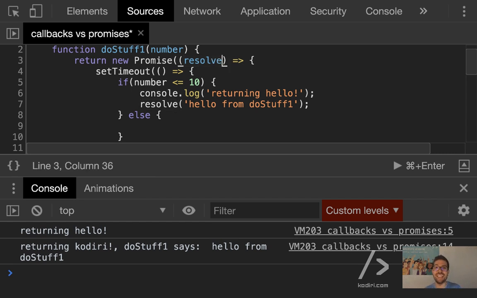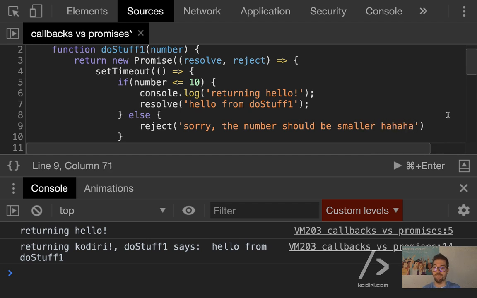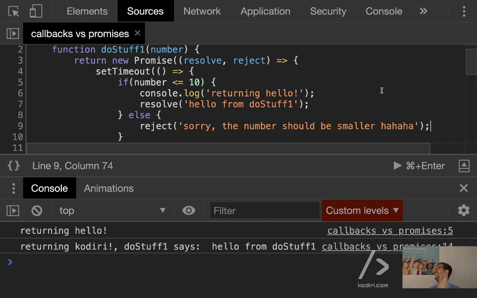But you can put a second argument that, generally speaking, is called reject, which unsurprisingly is another function. So then, if the number is greater than 10, you can reject saying, sorry, the number should be smaller, ha ha ha.